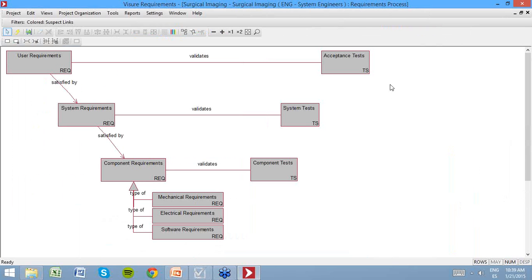Perfect. So this diagram here is defining the traceability policy. So far, we have been working over the user requirement specification, but now we have a system requirement spec that should be coming out of this user requirement spec. At the same time, we have a component requirement spec coming out of the system requirement spec, and different test cases related to them. This diagram is not just a diagram, but it's defining the structure in the project,